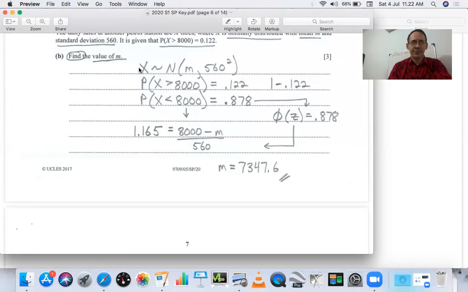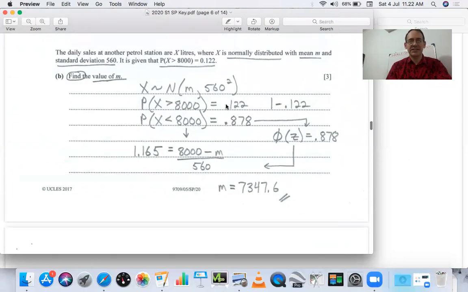Our random variable is distributed normally, and here's our parameters, the mean and our standard deviation, so we want to write it as variance, 560 squared. And then our probability statement, probability of our random variable being greater than 8,000 is equal to